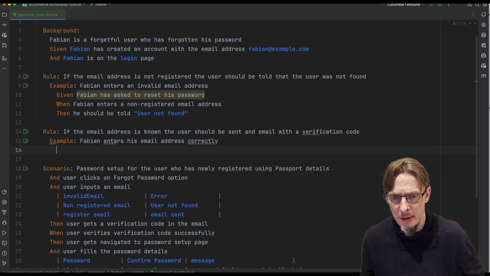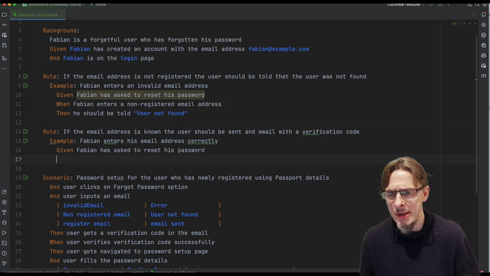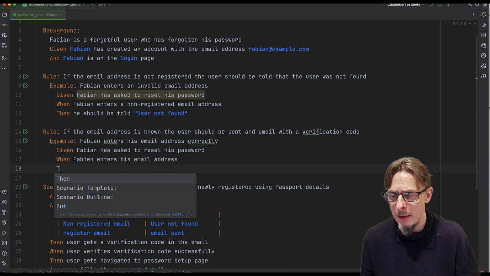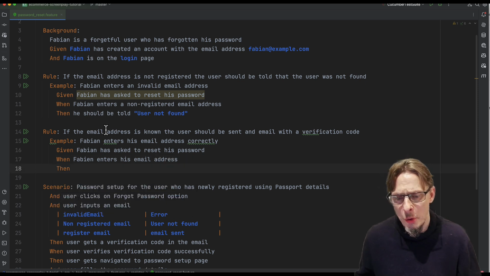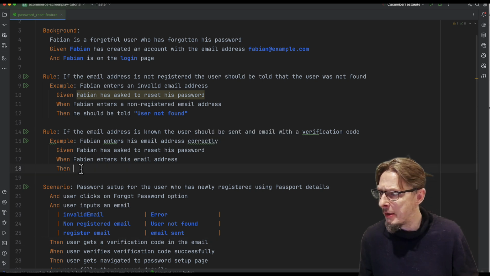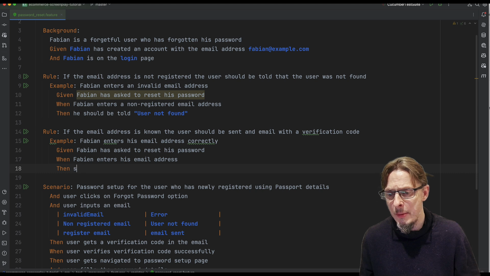So, same thing. We're going to start off with, given he's asked to reset his password, when Fabian enters his email address, that would do. Then we could do a couple of things. We've got this step: he gets an email sent, so he should be sent a verification code